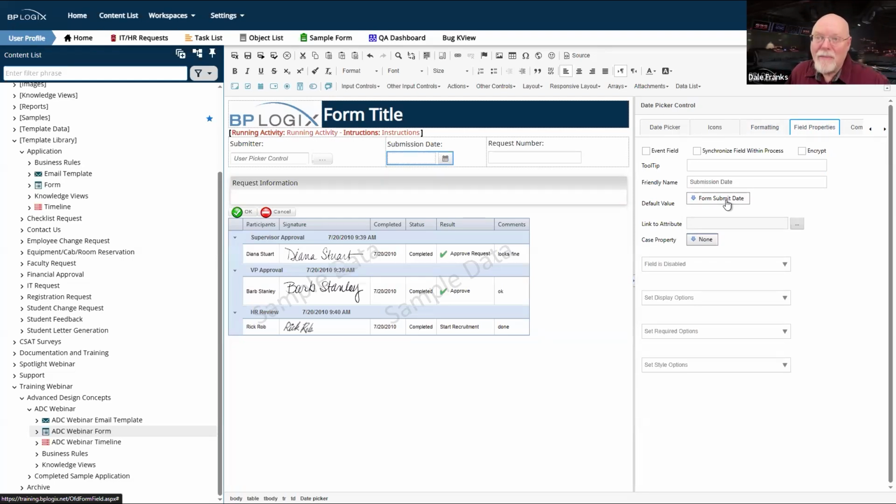And besides, like in the condition builder and the choose system variable dialog box, form field is often the default choice. And because it's the default choice, it's already showing me a drop-down with all the form fields. So all I have to do is click in and select submitter or select submission date. And that value just happens to be the form submit date.